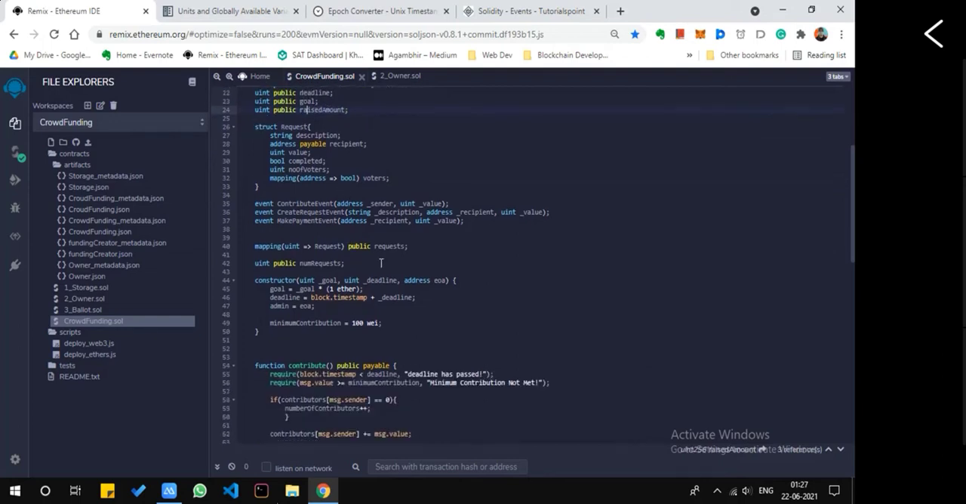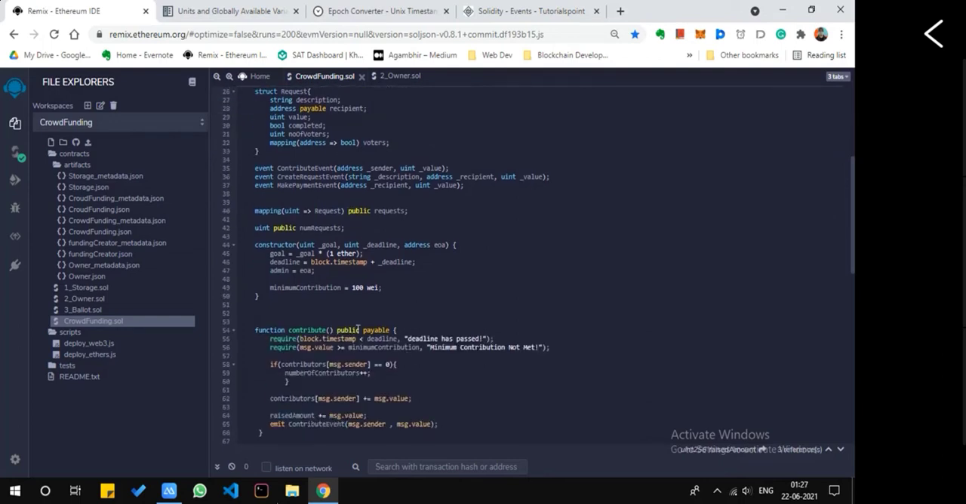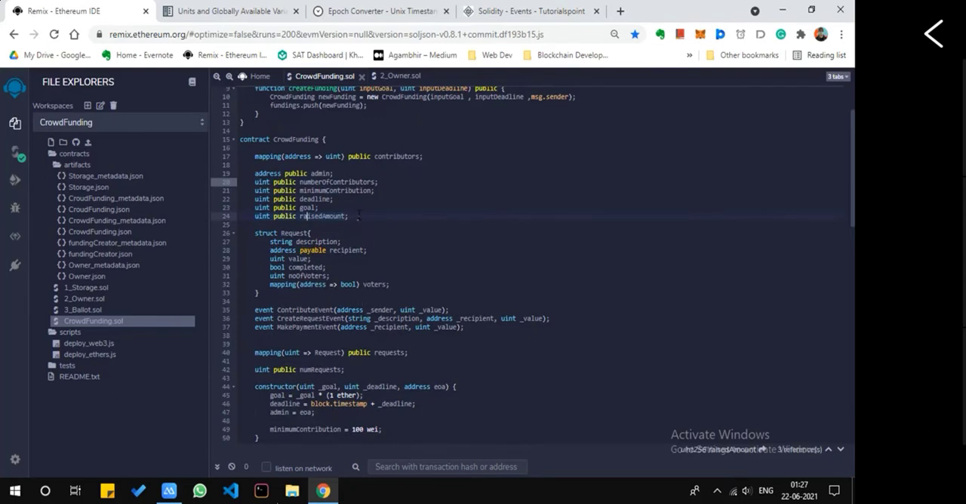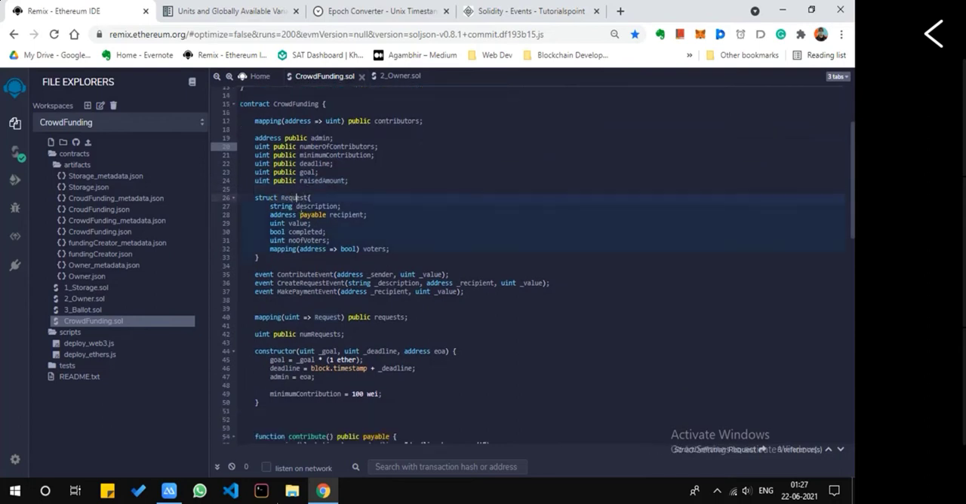And we have a voting system here, so this will let the contributors vote if they want the recipient, the admin, to be able to withdraw the money. Okay, so this is the struct. The struct has the description for the request, the recipient, whoever will get the request amount, the value, a boolean whether the request is completed or not, the number of voters,